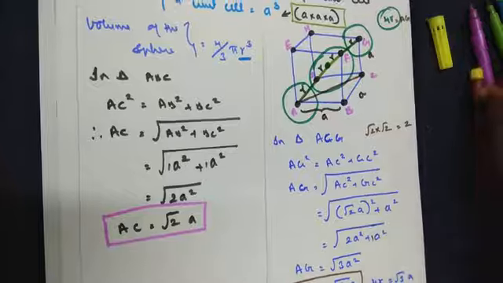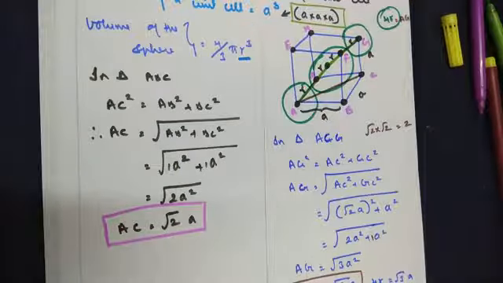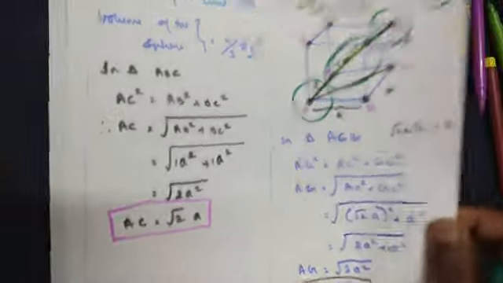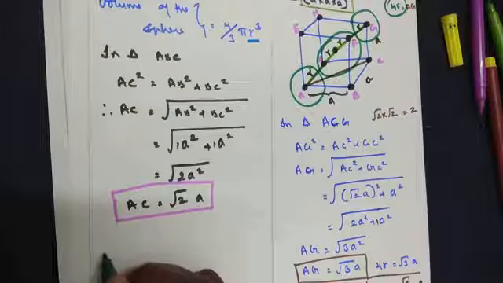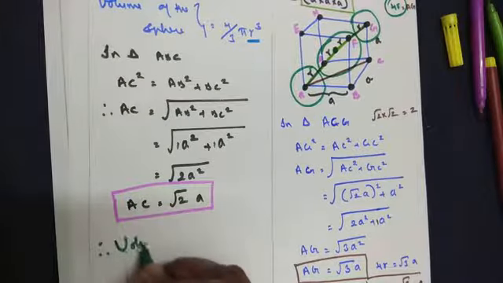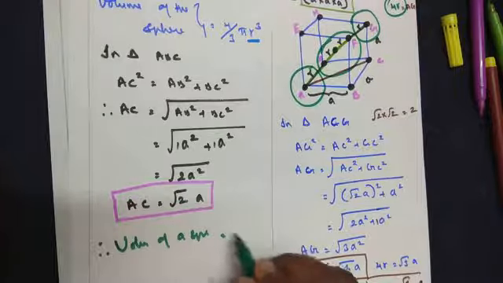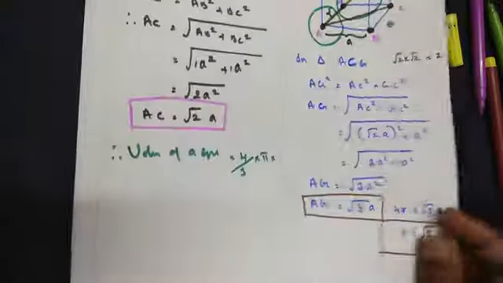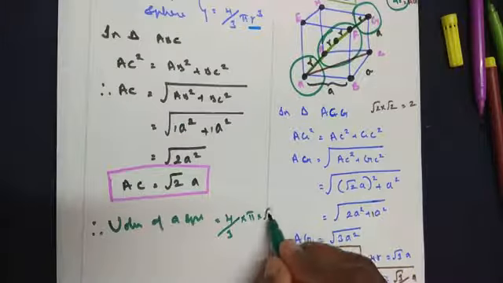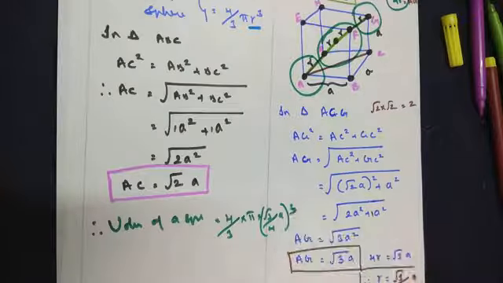So what's the formula of the volume of the sphere? Let me write with the green ink here. So the R value you have got to be square root 3 by 4 into A. So substituting into this formula, therefore volume of a sphere is equal to, I'm just writing the short form, 4 by 3 into pi into R, what's my value of R? That is root 3 by 4 into A, the whole cube we have to write.